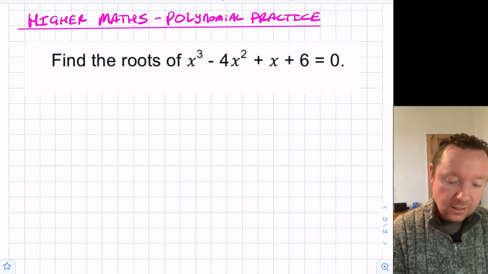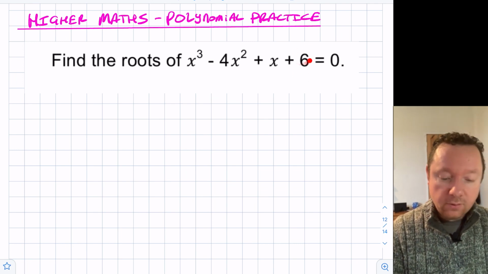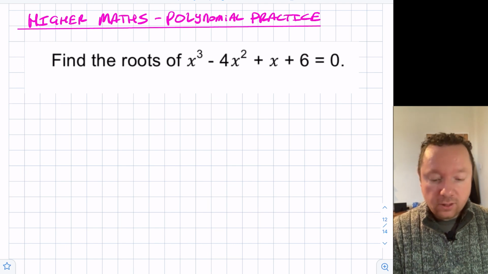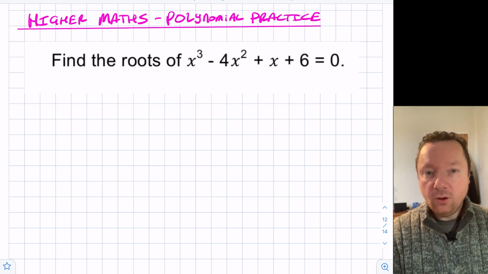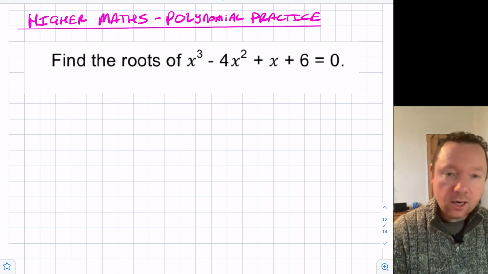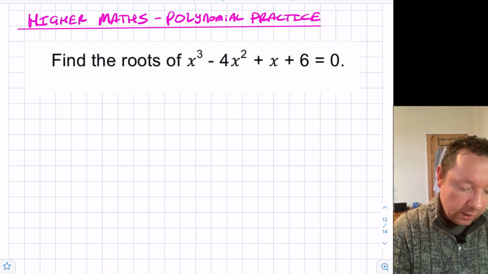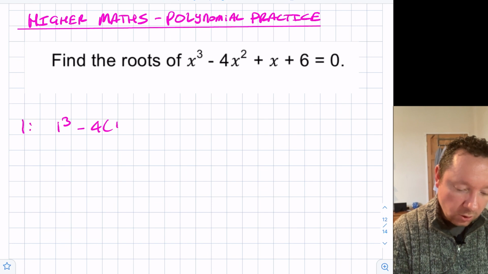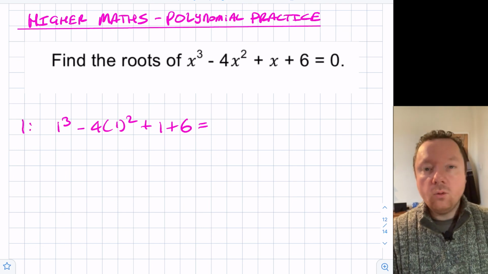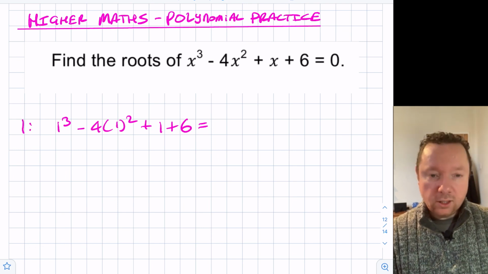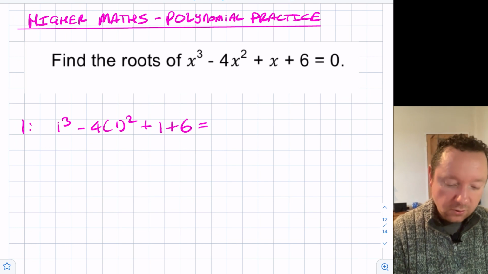Looking at this last number 6, by guesswork, it's factors of this number as long as this is a 1. So, I can try 1, 2, 3 or 6, okay? Let's try a couple, but I'm not going to do them all. Let's say we tried 1. Then we would get 1 cubed minus 4 times 1 squared plus 1 plus 6. Well, that equals 1 minus 4, which is minus 3, plus 1 is minus 2, plus 6 is 4, so